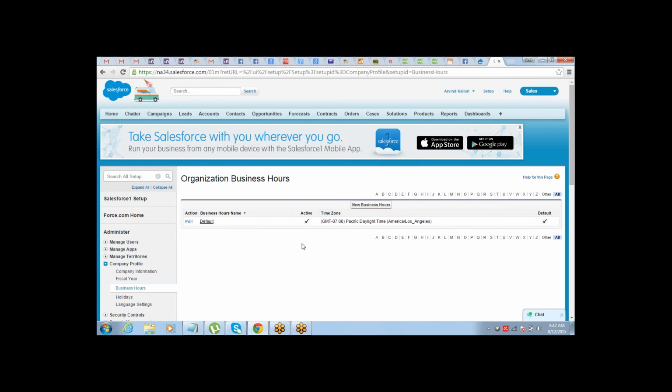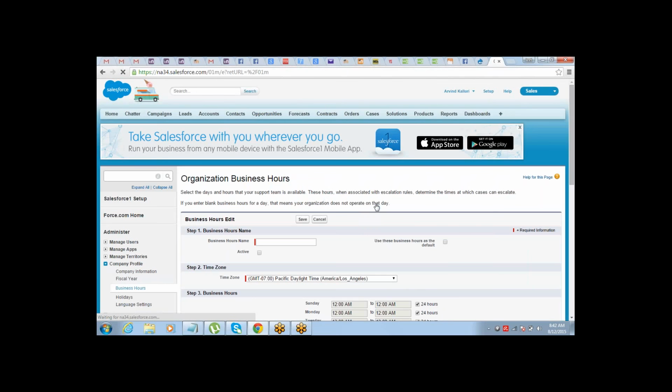So this is going to define your business hours. Select the days and hours that your support team is available. These hours, when associated with escalation rules, determine the time at which cases can escalate. Got it? And you can define multiple business hours.